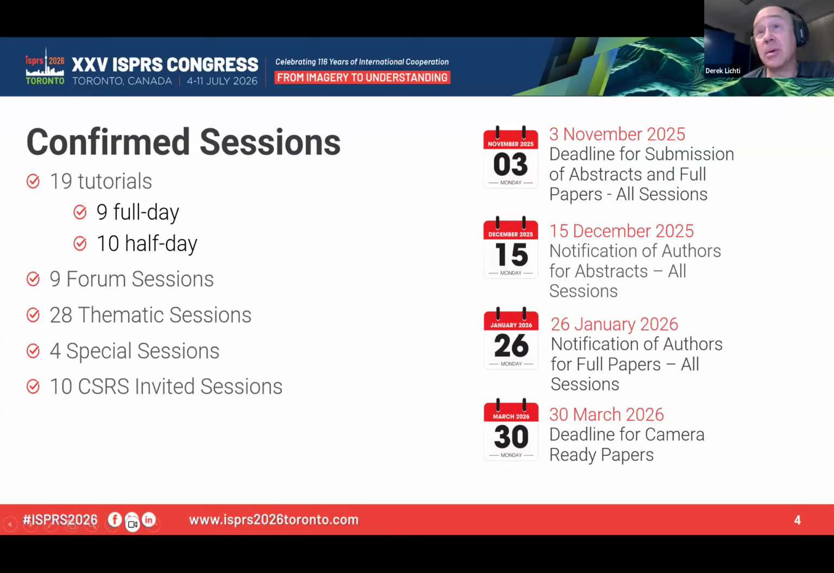On the right are some important deadlines. The main one is when to submit your papers or abstracts for review. And that is coming up in just under 1 month, on the 3rd of November. And then we'll notify you either in mid-December or late January of the outcome of